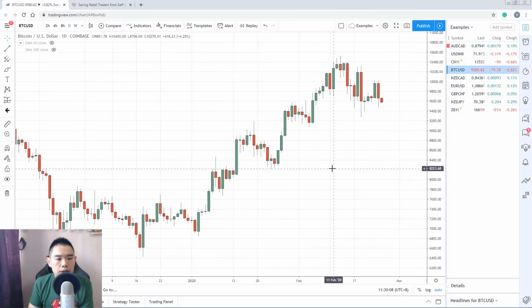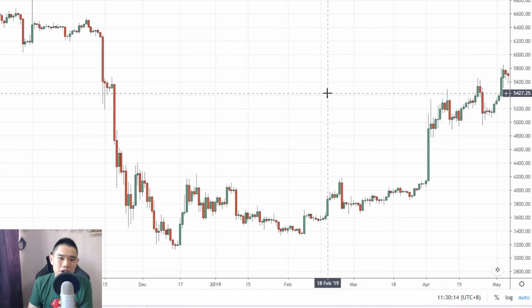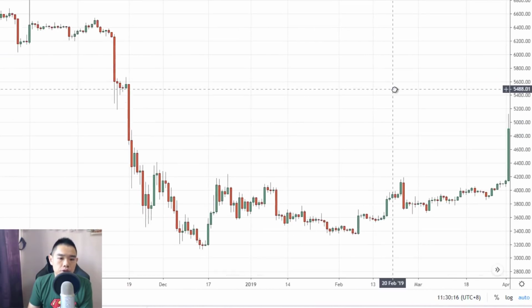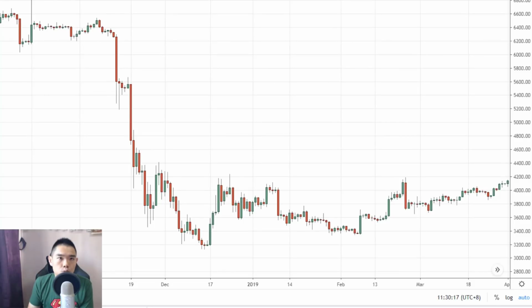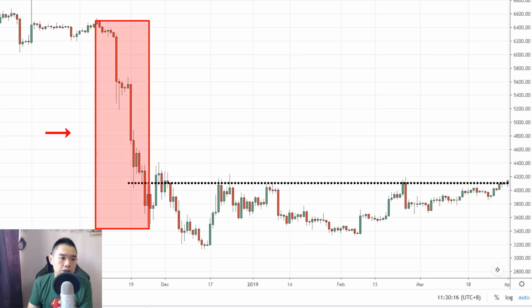So if you look at Bitcoin, it's a market filled with volatility contraction and expansion. If you look at this over here, do you see where the build up is? Let's say this is the area of resistance, and you can see a series of higher lows into this area of resistance. Where is the build up? The build up is over here. Notice how nice and tight this range is. Look at the range of the candles getting smaller and smaller